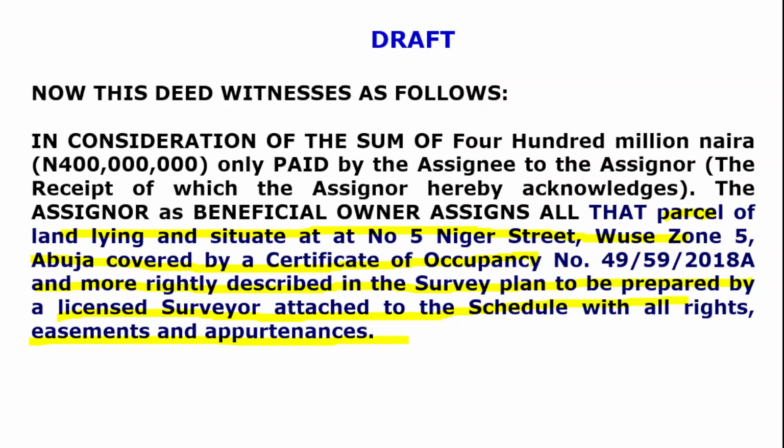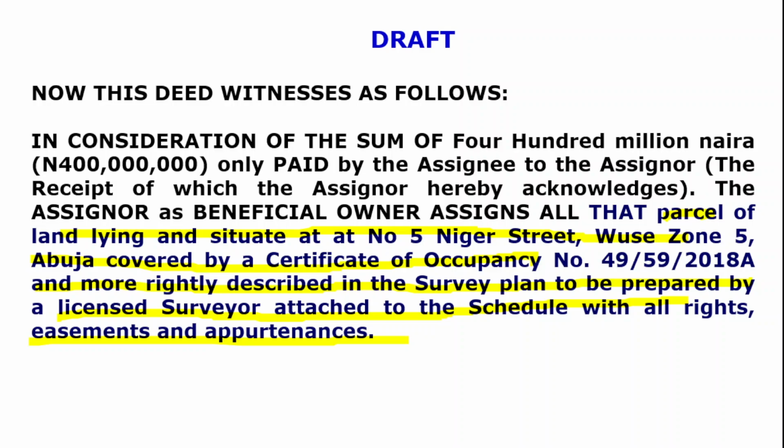Can you see that what we have done here is to say that, see, this parcel of land is lying at number 5 Niger Street, Uze Zone, and is covered by certificate of occupancy. If for any reason we now need to be sure as to the exact measurement of the land, parties have